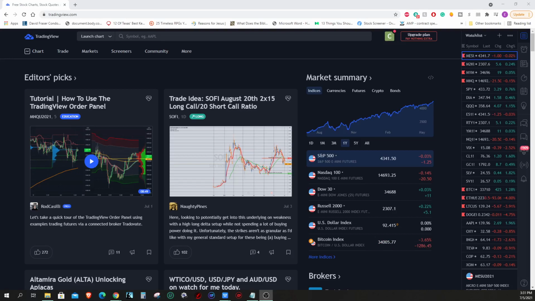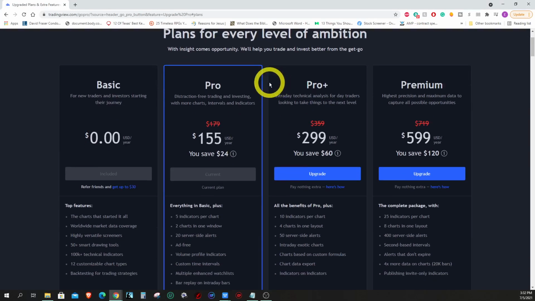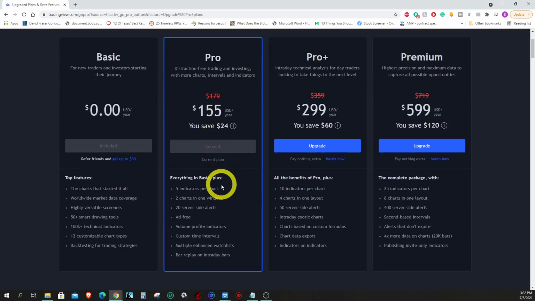So as you can see right here, this is just the home screen. Go to tradingview.com. What it looks like right here, there's a little sign up button where my little avatar is. And they're always trying to get you to upgrade to the next level. Right here, I'm currently on the Pro plan, and you can obviously go up to Pro Plus or Premium. But just starting off, checking it out,